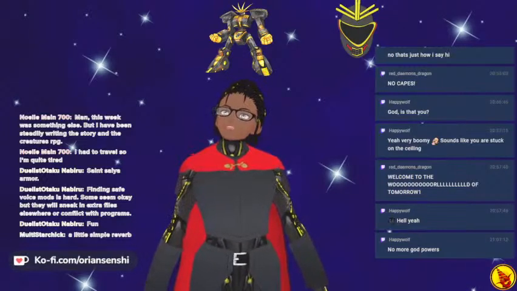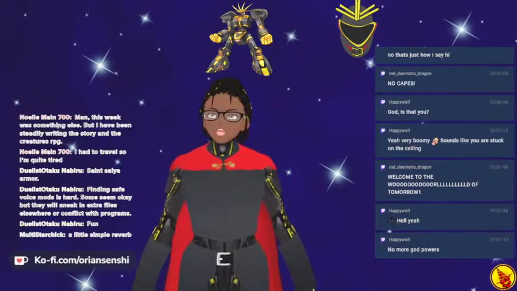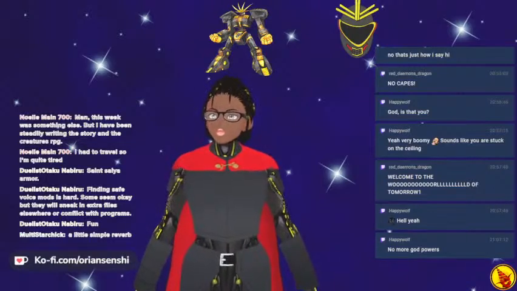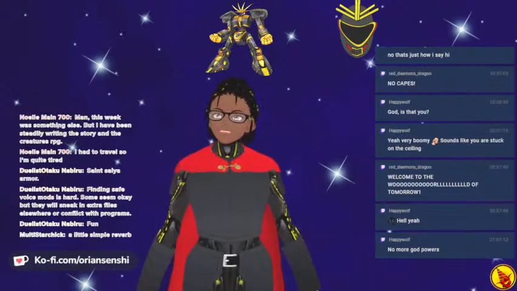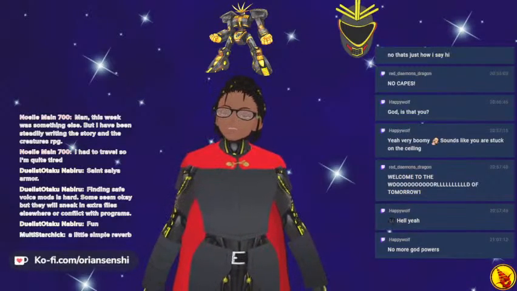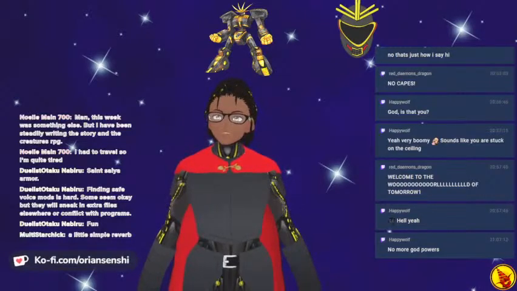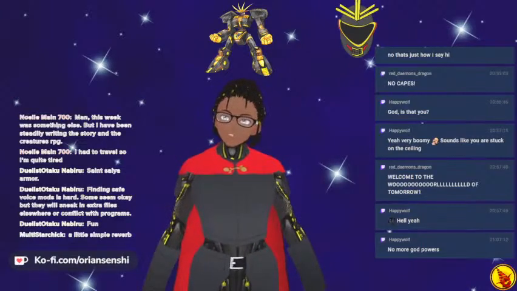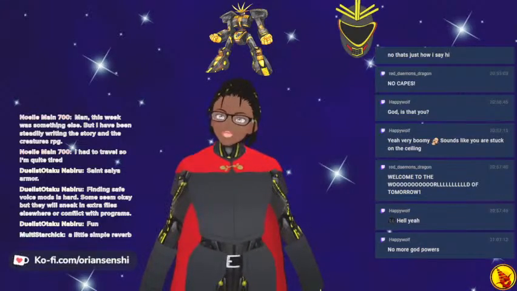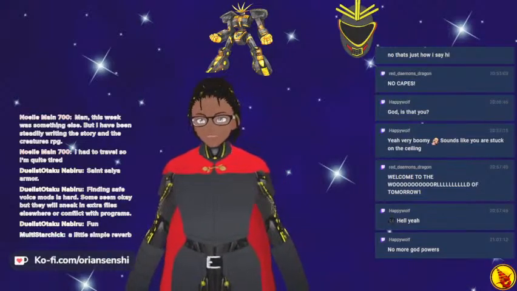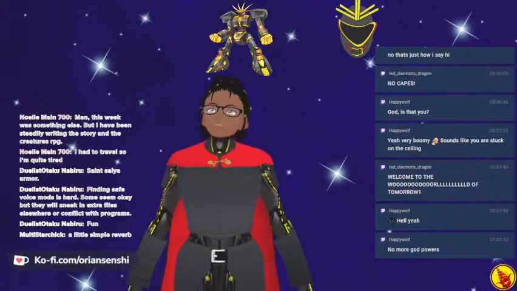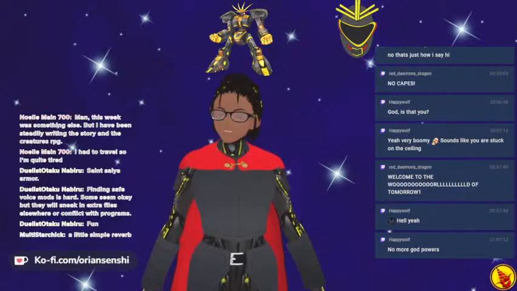It's funny because I made all the follower emotes and then I found the armor and I'm like, oh, now those follower emotes are just out of place, right? But I feel like I want to enjoy the fact that I have a VRoid model and I can mix and match things as I see fit. So, I decided